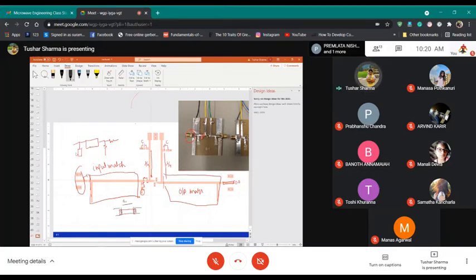So this will be a gap. Because if there is no gap, then it will be a straight line, and then you have to solder and it will be shorted. You don't want to short anything. Similarly for the cap, if you just put a direct transmission line, it will be shorted, right?